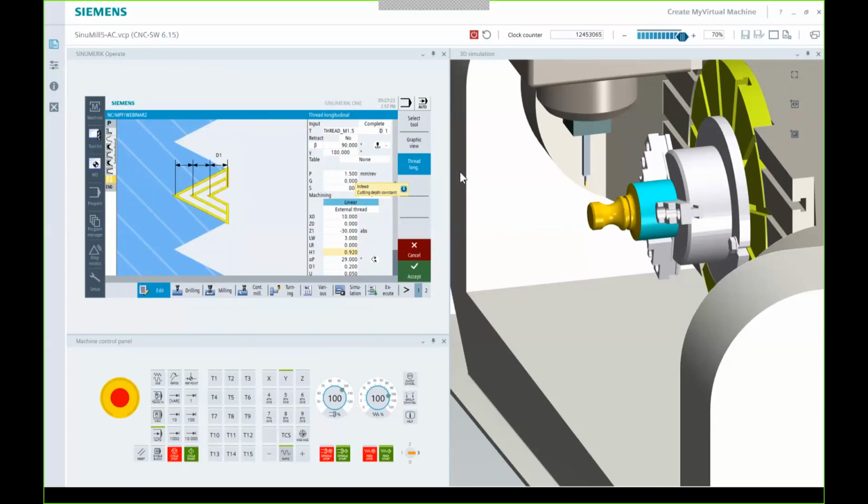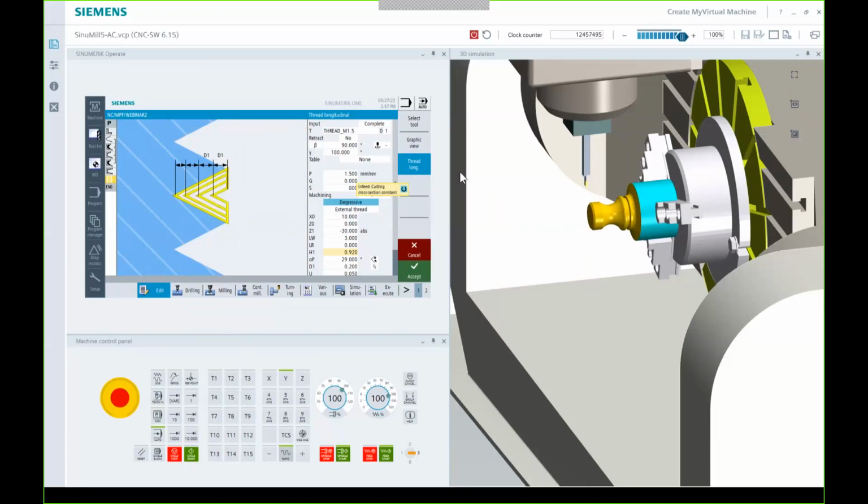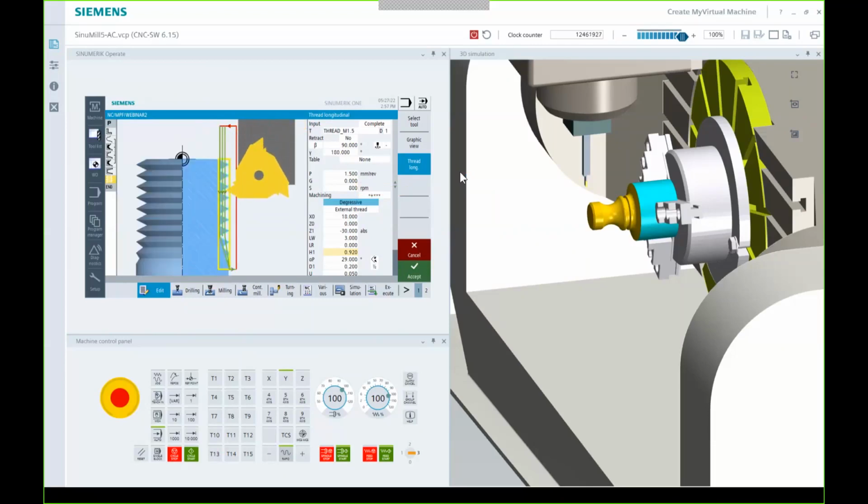A couple of the unique things to our threading cycles that you generally don't see: you can have your depth of cut either just be a linear distance, or it can actually be degressive. So each pass, it will take a lighter cut, so as you get that full engagement of the threading tool into your thread, you're not generating as much tool pressure as you would if you were taking the full depth of cut like you would from the beginning of